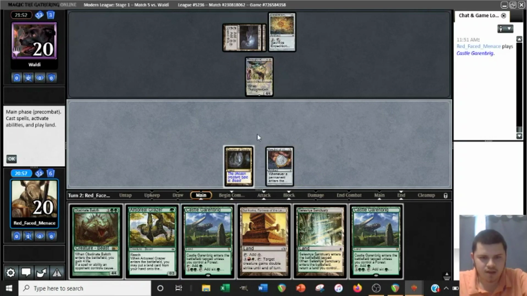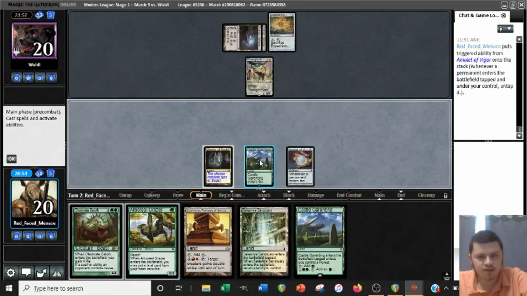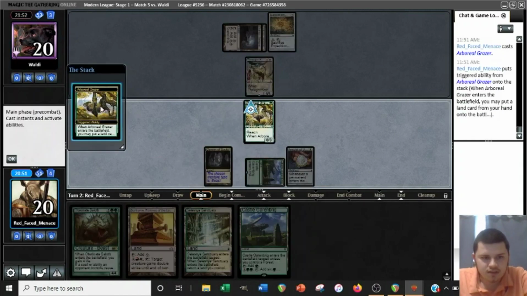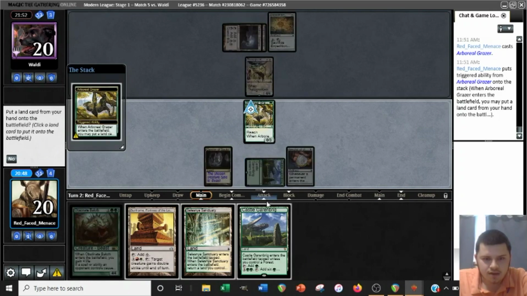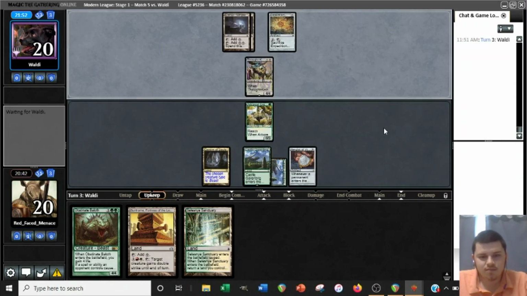Let's just get Garenbrig out, I suppose. And then we'll Grazer in another land, I think, as well, just so we can go ahead and get this chump block lined up, and, I guess, a second Garenbrig in play. Now we have Titan next turn if we draw it, because we can play the Sanctuary, float 2, and have 4 to activate Garenbrig, so...